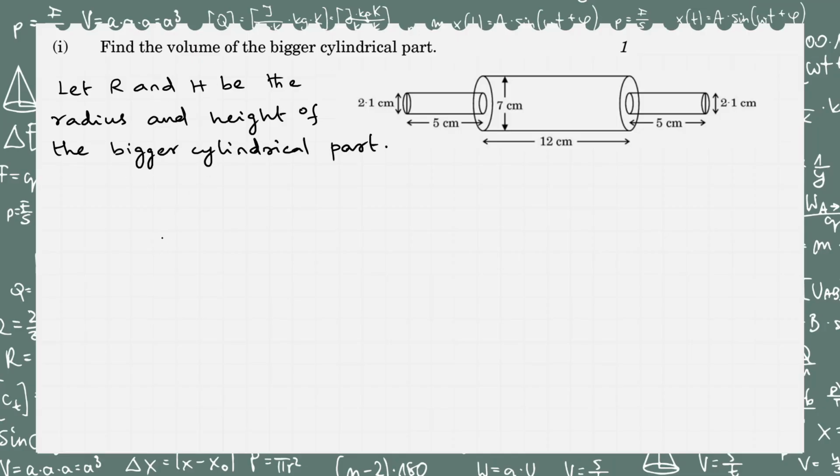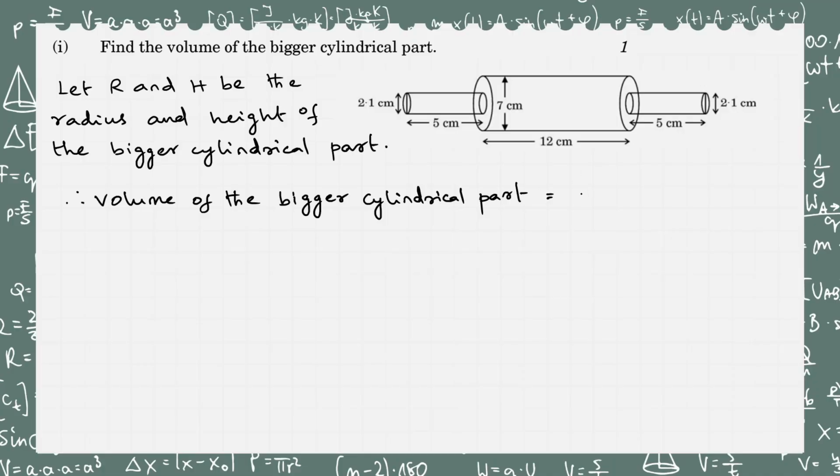Volume of the bigger cylinder we need to find out. Therefore, volume of the bigger cylindrical part